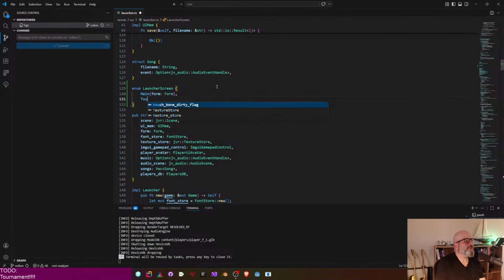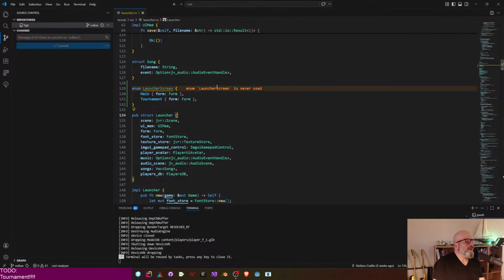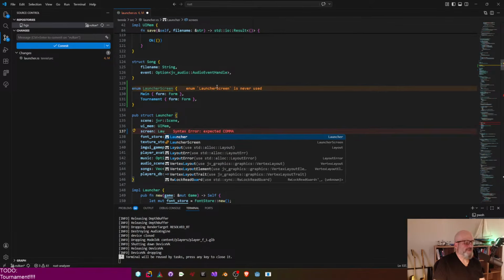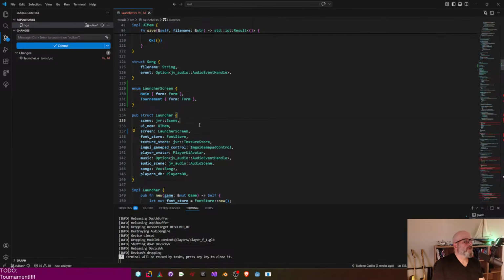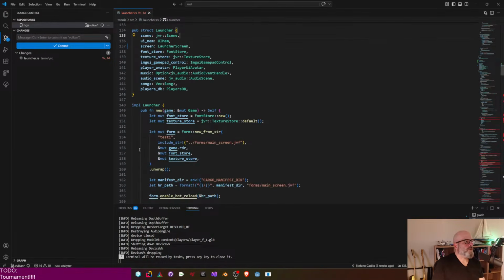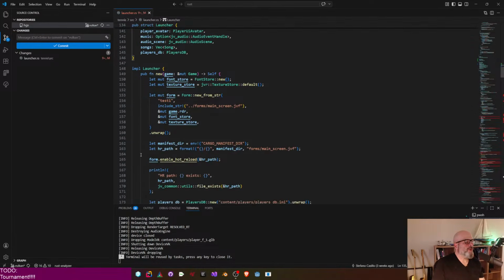And then we could have tournament, which is also going to have a form. So the idea is that instead of having a form here, we're going to have a screen, launcher screen. So when we go here,